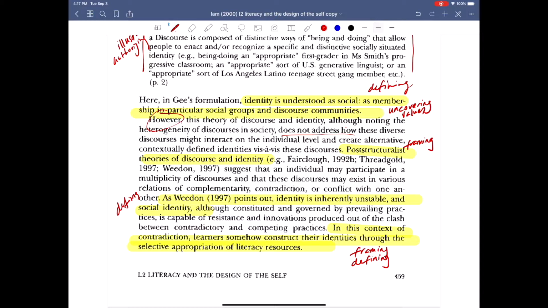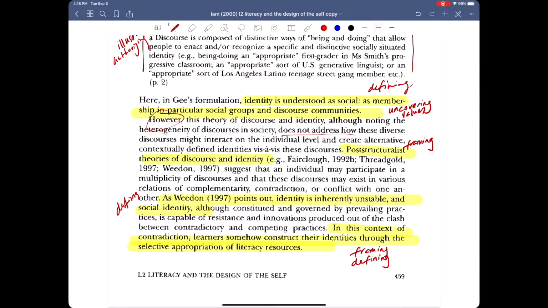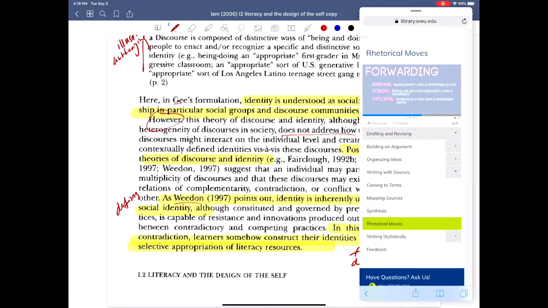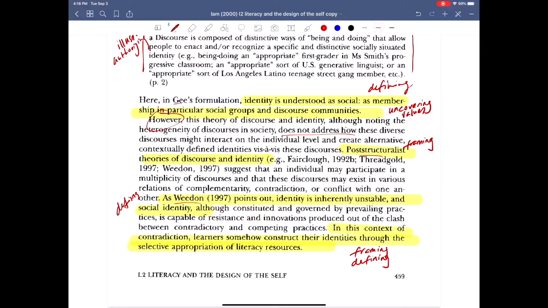Before I move on, I just wanted to look at the other rhetorical moves. So she did a little bit of countering. She didn't do arguing the other side. Borrowing, extending, and synthesizing. I would say there's some synthesizing, although I don't think she really gets to that yet. Although wait, she hints at it because she's talking about G. She hints that she's going to do something to combine them, which would be synthesizing, but she hasn't done that yet. So we haven't seen a lot of this just yet, although I think we'll see more of that soon.